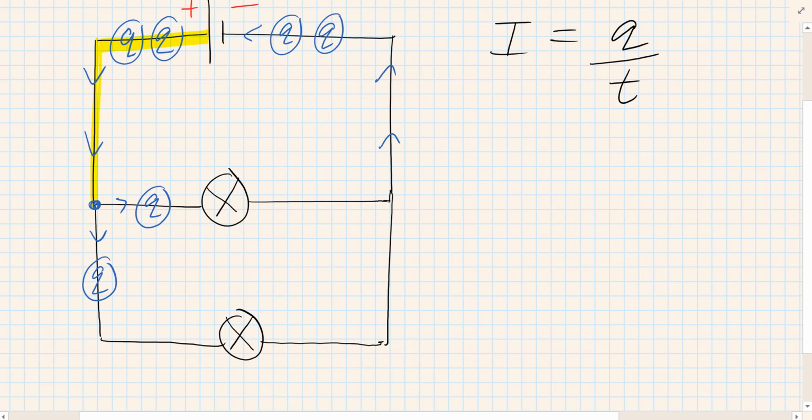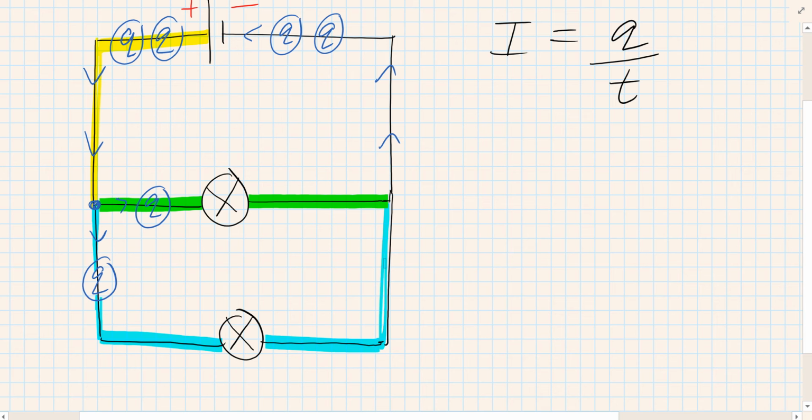So what will happen is that this charge will move through that part of the circuit, and this other charge here will move through this part of the circuit, and then eventually the two charges will meet up to come back to the negative terminal of the battery. So I think from that